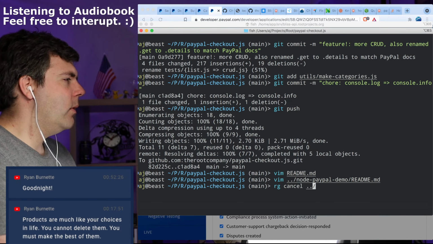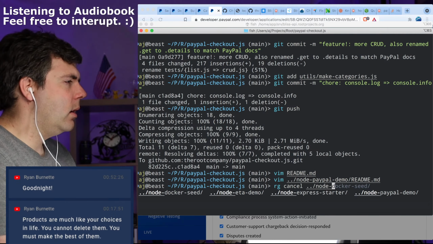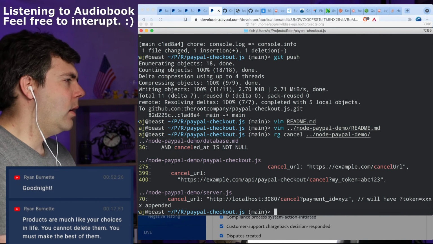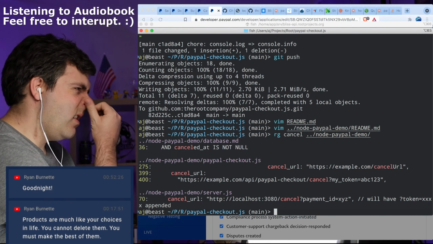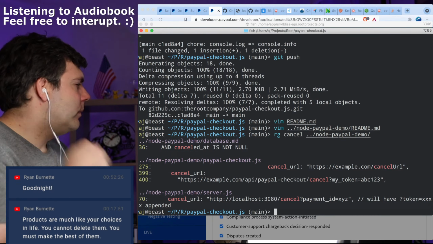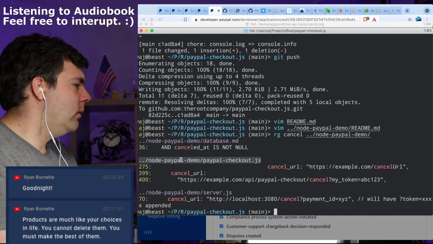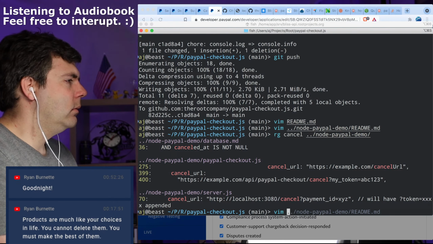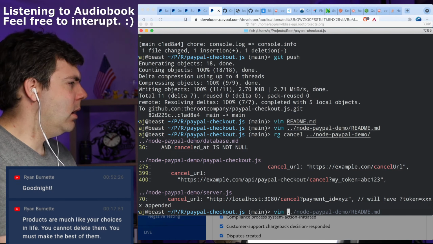So how about we look for cancel in here? There's the cancel URL. And what is it that we get back from that? Payment ID.